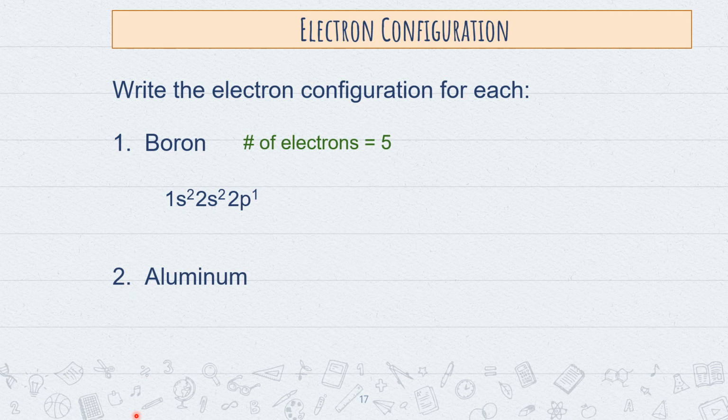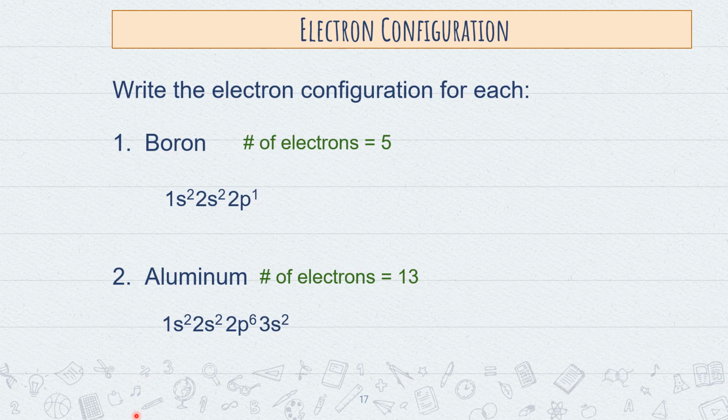Aluminum has 13 electrons, and so we want to put in 13 electrons. Again, we have to start at the beginning. The first floor has to fill first, 1s2. And then the second floor has to fill because aluminum is on the third floor. It's on the third energy level. So we have to fill in all of the second energy level. So 2s2, 2p6, and now we move to the third energy level. We have to go back to the S room, so